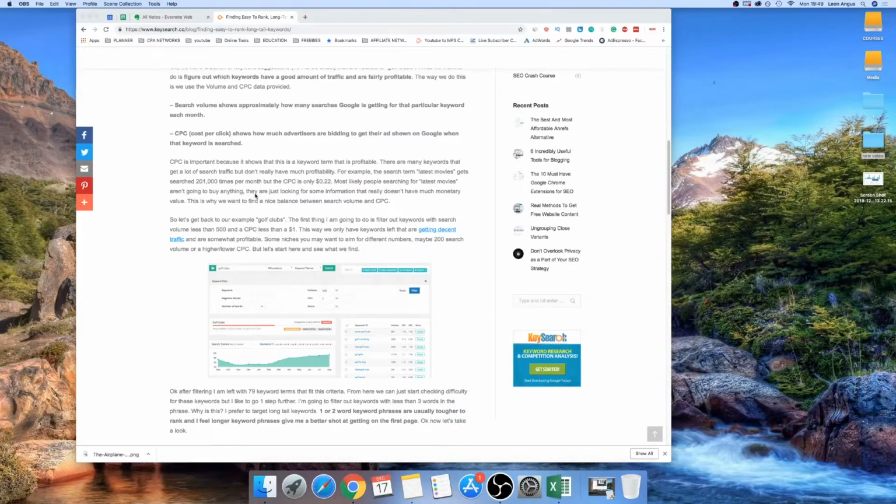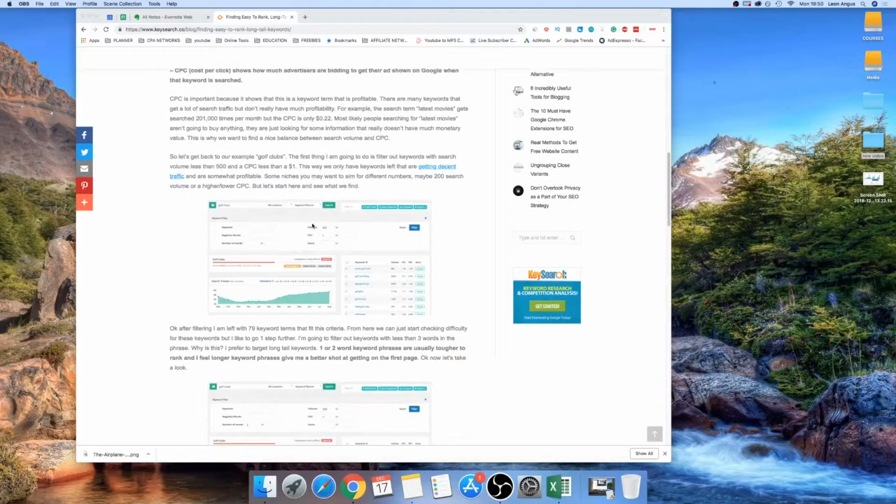Okay, so then they are just looking for some information and it doesn't really have much monetary value. This is why we want to find a nice balance between the two. Okay, so let's take a look back at the example golf clubs, and if we come back up to